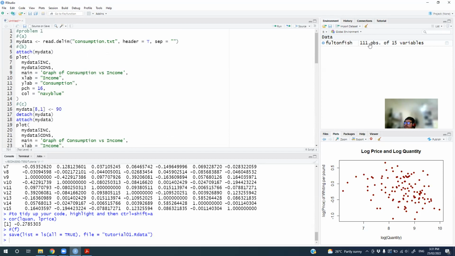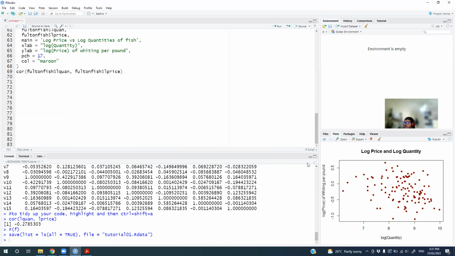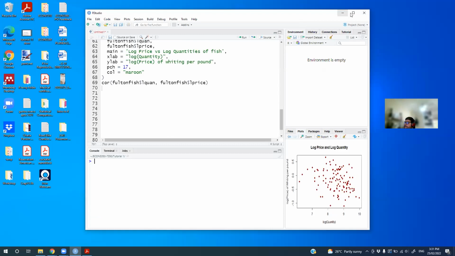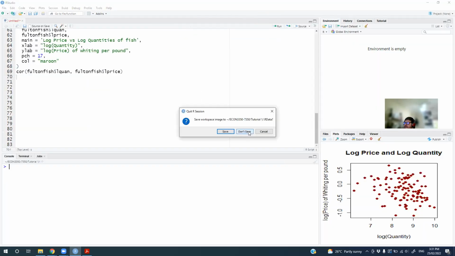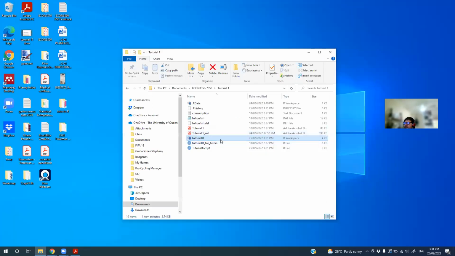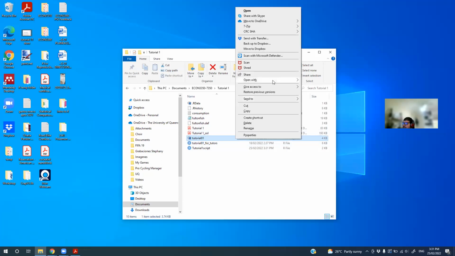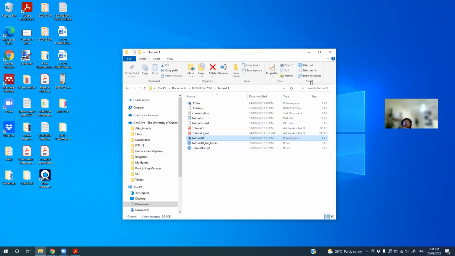And don't worry about this, this is code that I have from previous work. I will delete the environment and I will delete this. Let me just say, no, don't save. And if I open this work file with RStudio,